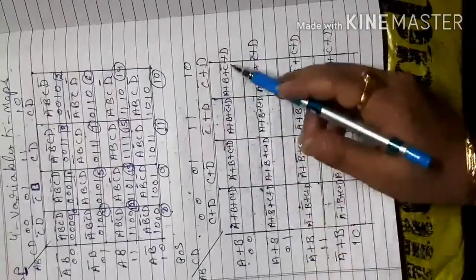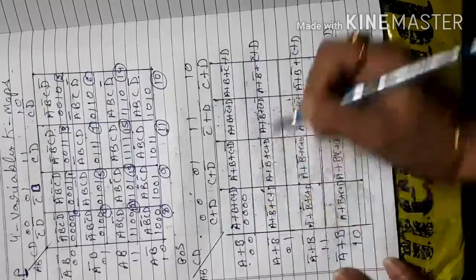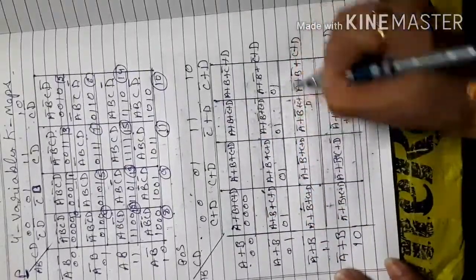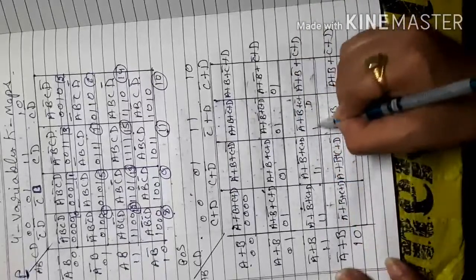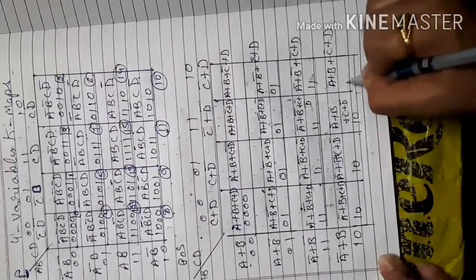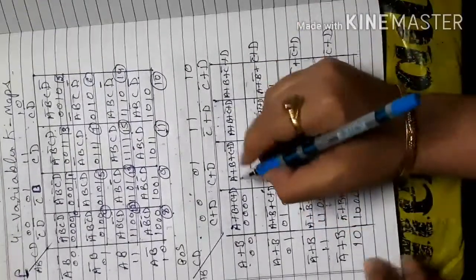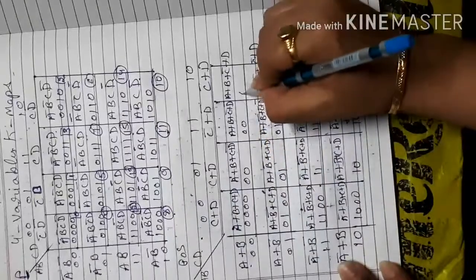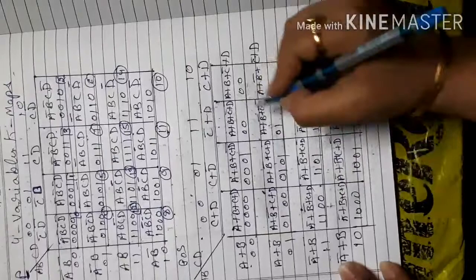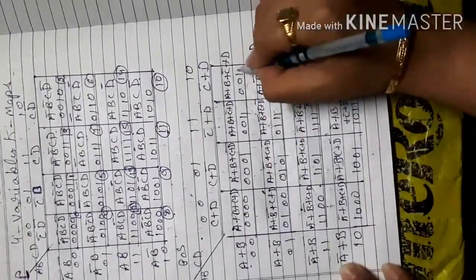And if you go with the binary, the position will be 0 0 0 1. So this is the 0 1 row, this is the 1 1 row, this is the 1 0 row. This is column 0 0. So this is the 0 0 row, this column is 0 1, this column is 1 1, this column is 1 0.